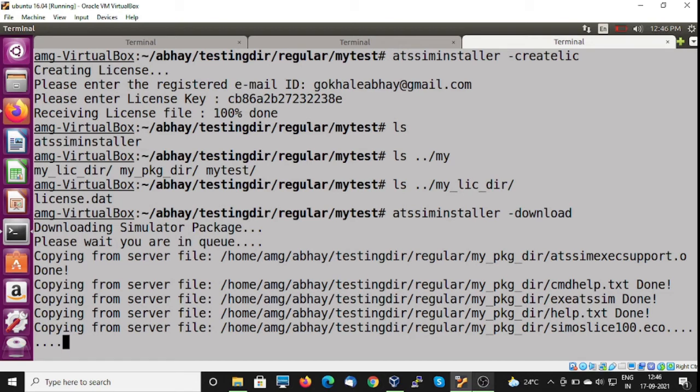It may take some time because package has got several files. It will depend on your internet speed.